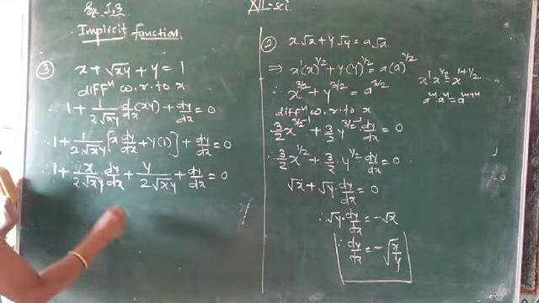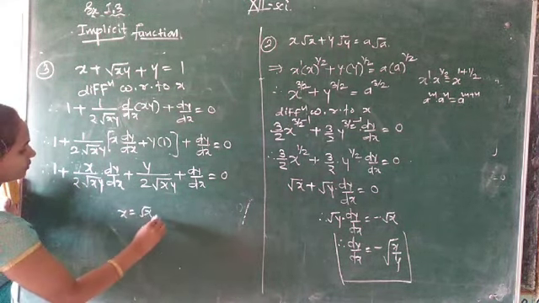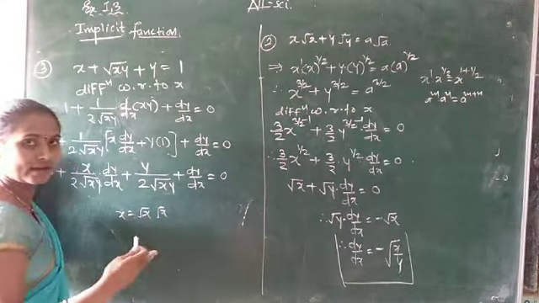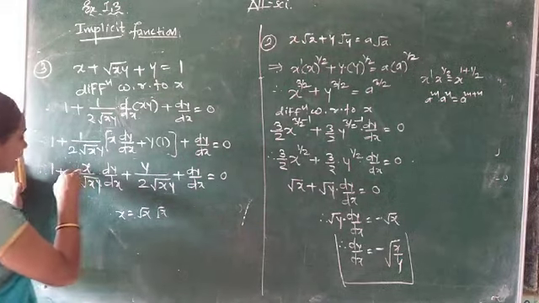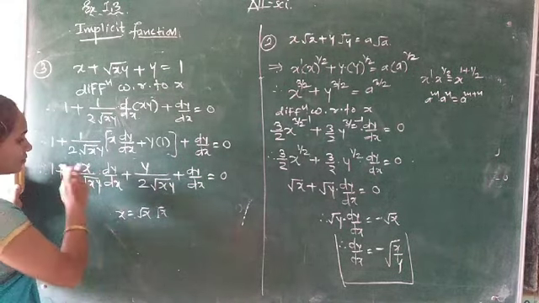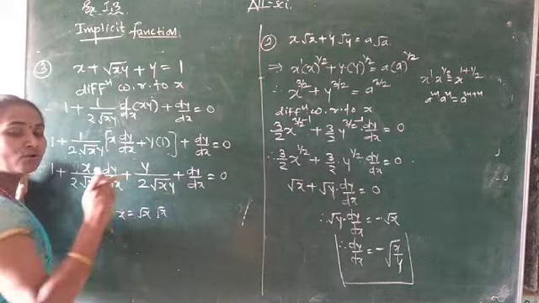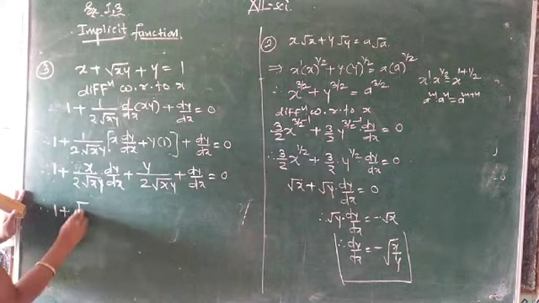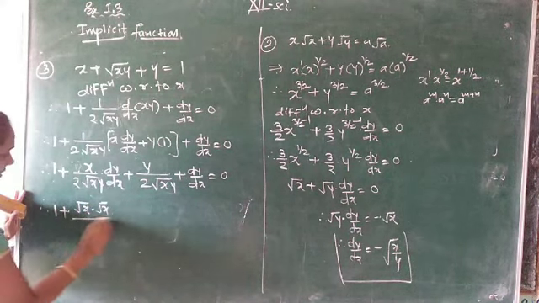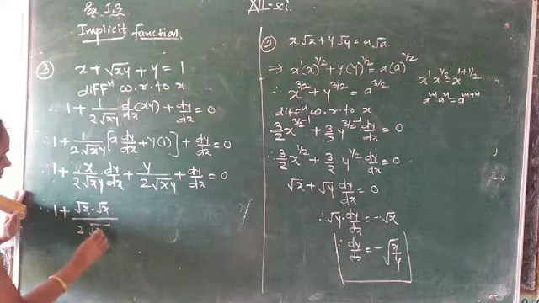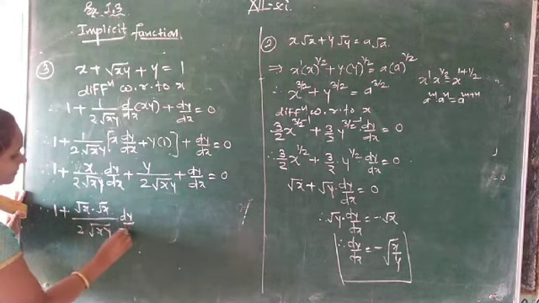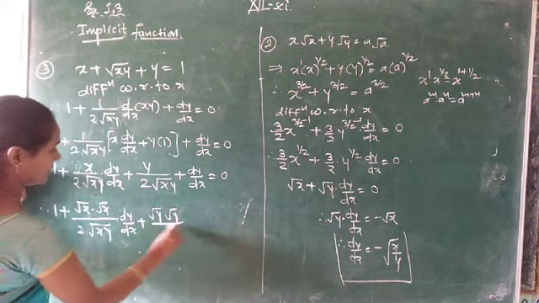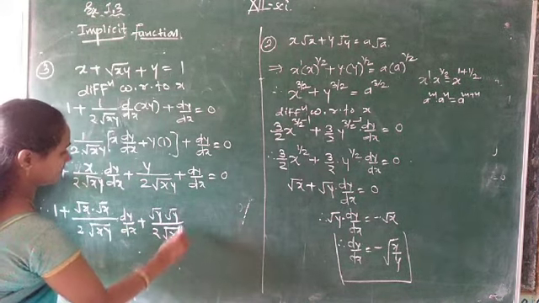Now look here. Here is x, so instead of x I am writing root x into root x. Root x into root x means root x square, and root x square means only x. So here instead of x we write root x into root x, and here instead of y we write root y into root y. 1 plus root x into root x divided by 2 under root xy into dy upon dx plus root y into root y divided by 2 root of xy plus